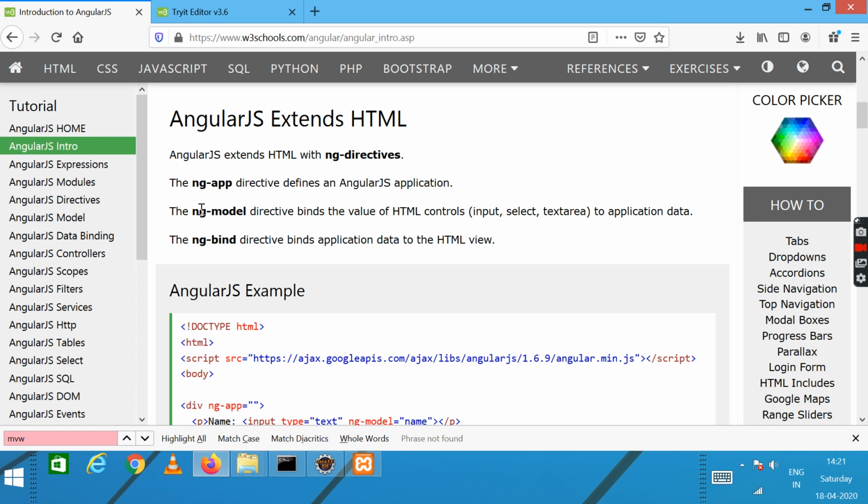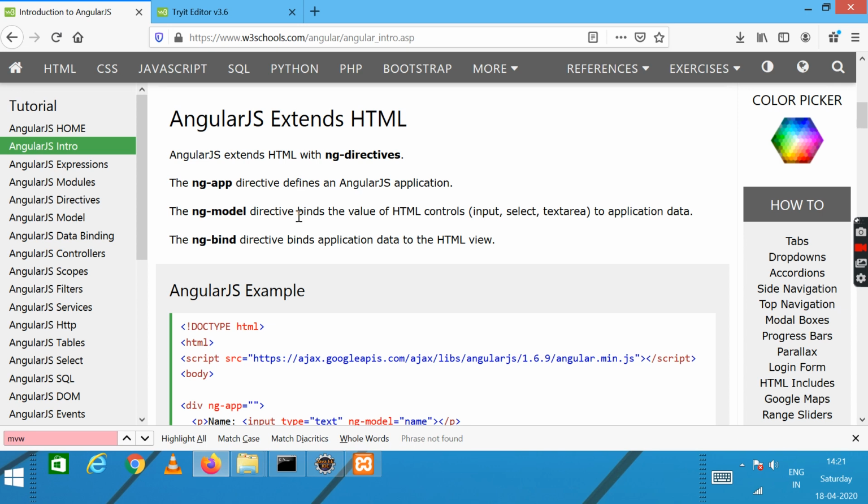Here ng is Angular, and ng-app is the directive. Like this, we have different directives in AngularJS, which we use in an AngularJS application. The first directive is ng-app, which defines the AngularJS application. Whenever you create a new AngularJS app, this ng-app directive is used.